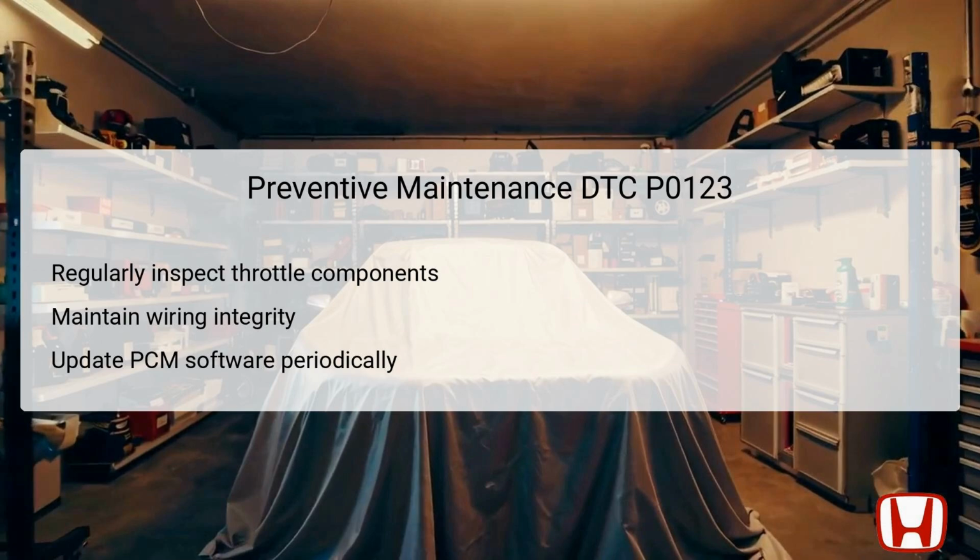Furthermore, engaging in periodic updates of the PCM software aligns the vehicle with the latest enhancements and fixes from the manufacturer. By investing in preventive measures, vehicle owners can enjoy smoother operation and better fuel efficiency, ultimately leading to a